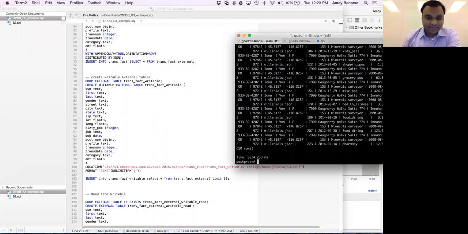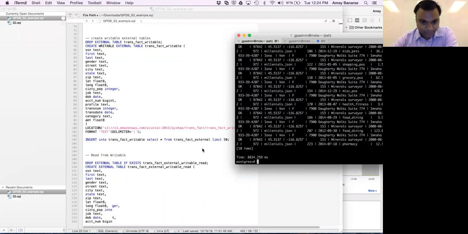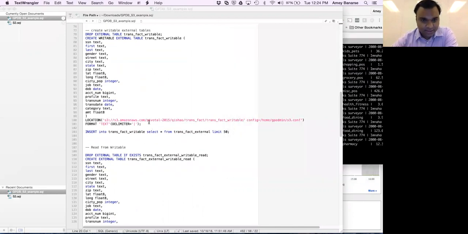You shouldn't do a speeds and feeds comparison if you're doing only limit 10. You should actually do it when you're doing millions and millions of rows, because that's when it really makes sense for you to query such an external table. So that's one. Now let's go ahead and